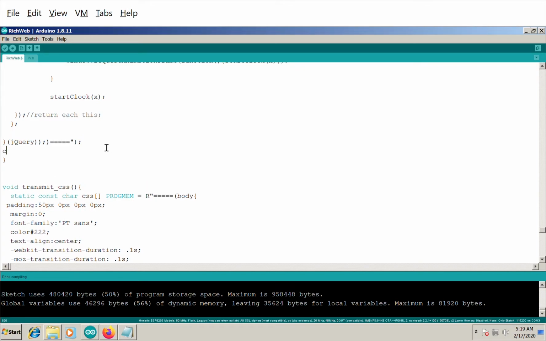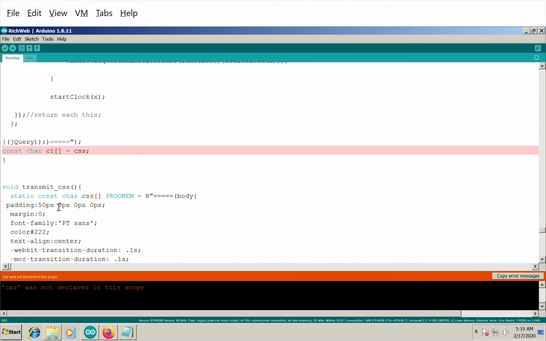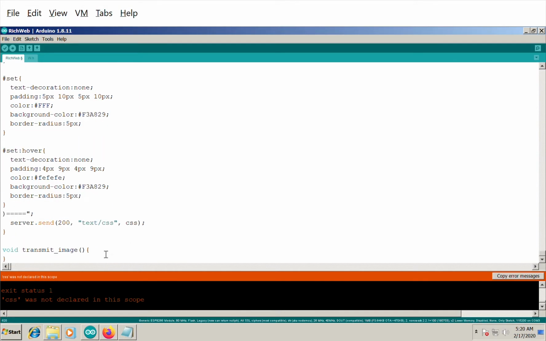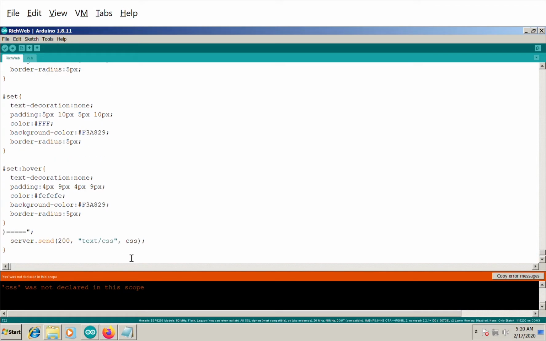So let's see, const char c1 equals css. Let's see whether this one accesses this one. So if it's static, right, you cannot see the static here. Okay, let's see after this method, can we have the static? This method is no longer used, but I'm still going to check this. Alright, so it seems that you cannot see the static